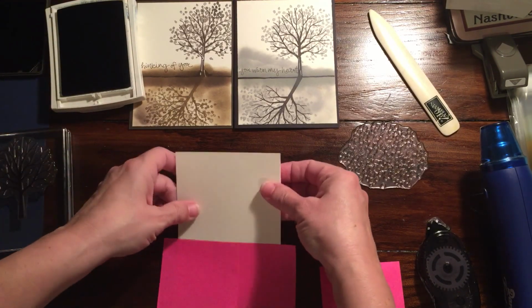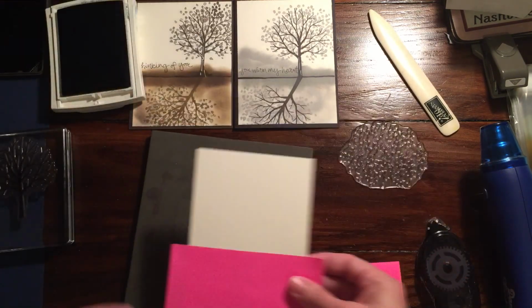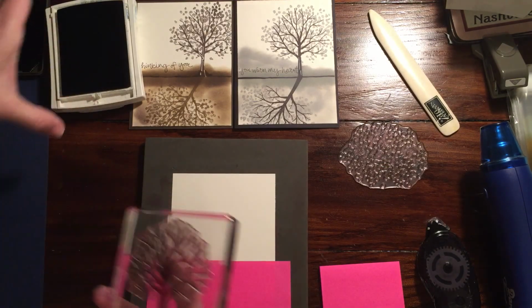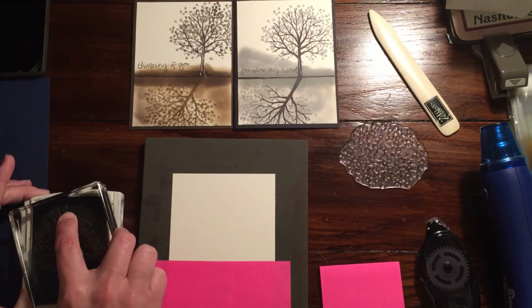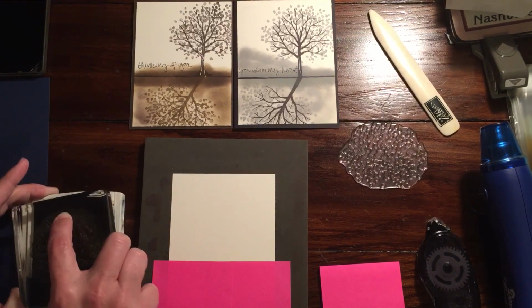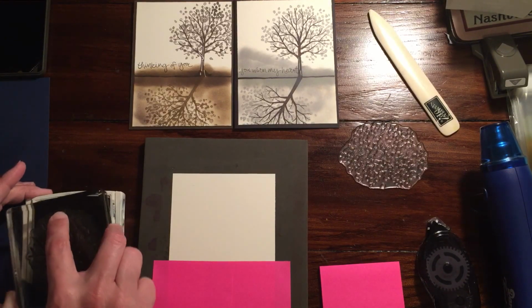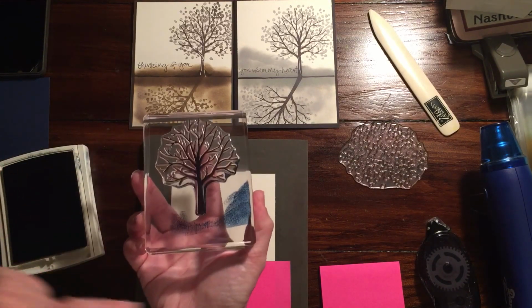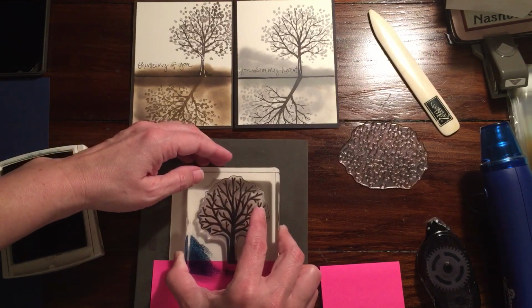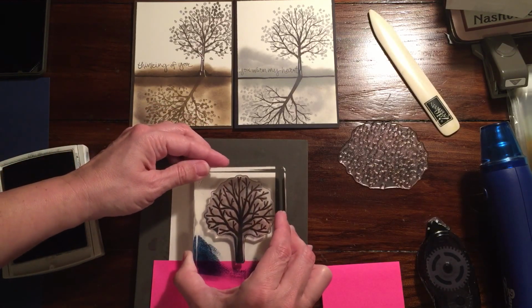And again, I do want to grab really quickly my Stampin' Pierce Mat. Since this is photopolymer, it really does a huge job of making the image transfer a little better. So we're going to ink this up in Night of Navy, and we're going to ink it really dark for the first tree. Oh, I got a little bit of ink there. We'll see if we can get that straightened out. So you do want to make sure you have your trunk right at your line, but otherwise it doesn't need to be